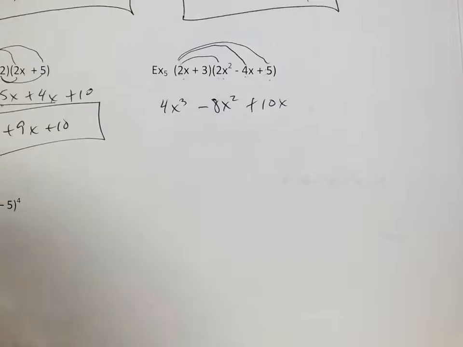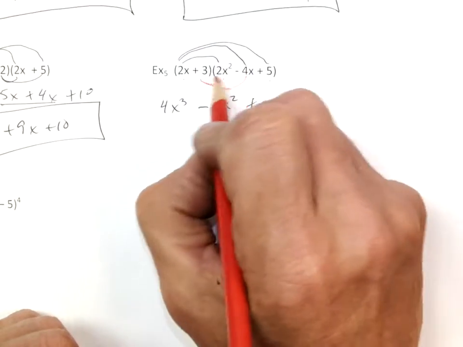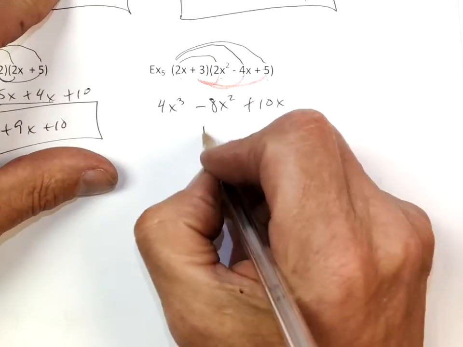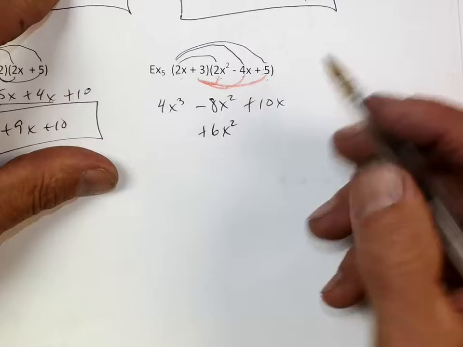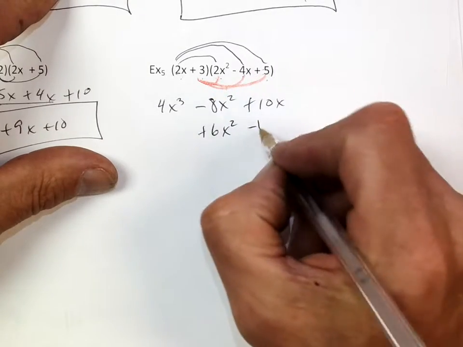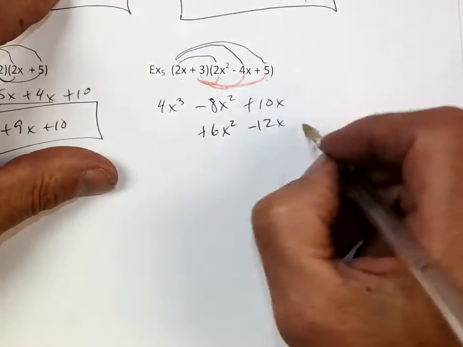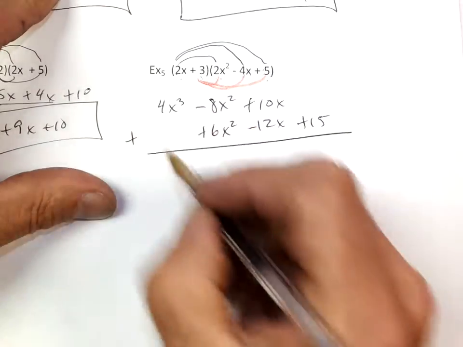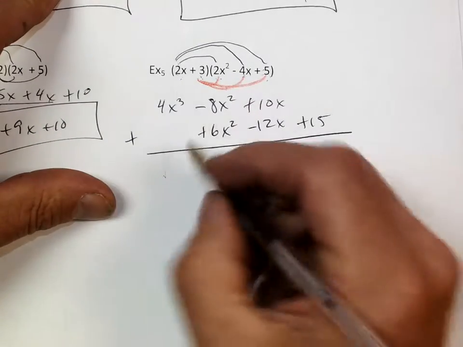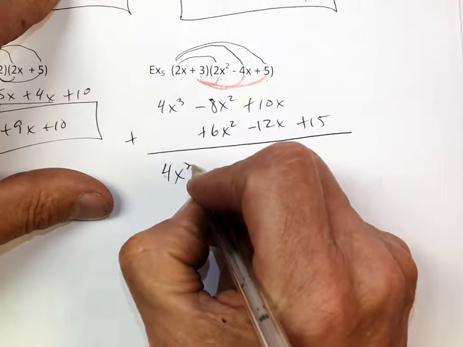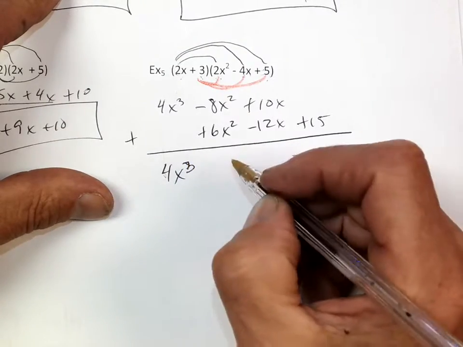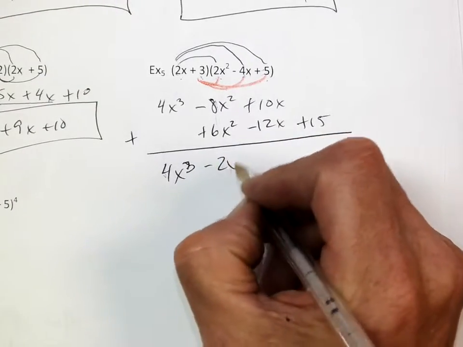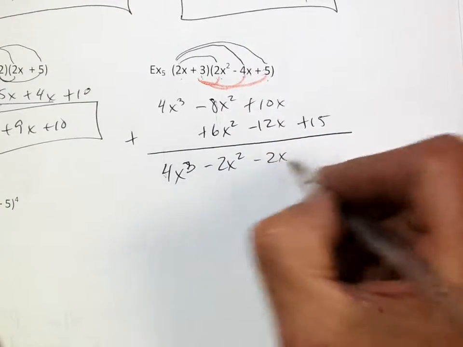Then I'm going to multiply the 3 times all 3 of these, right? So I'll go 3 times the 2x is a 6x squared. Let's put it there. Let's line them up, right? 3 times a negative 4 is a negative 12x. 3 times a 5 is a positive 15. Right? Add them up. Have them lined up so adding's easy. Bring down my 4x cubed. That's a bad looking cube, but that's a cube. It is. Okay. Minus 2x squared minus 2x plus